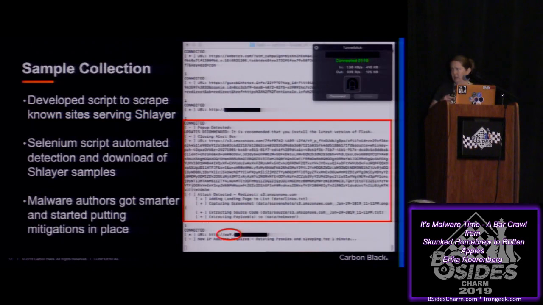So back to Greg's collection script. We did this initially. It was working great. But the malware authors started getting a little bit smarter. So in addition to just detecting IP addresses, they were detecting IP ranges. And so we were VPN hopping. It was still working a little bit. But they started redirecting to this dummy site that was